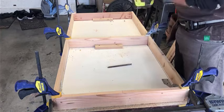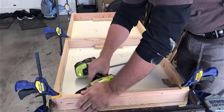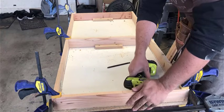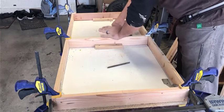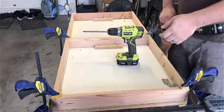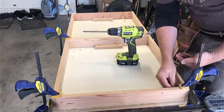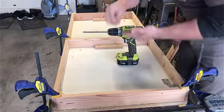Now, when you're pre-drilling, use a bit slightly smaller than the shank of your screw. I'm a little cheap, so 1 1/4 inch drywall screws work just fine for me. Always pre-drill. You don't ever want to drill a screw into raw wood. It basically just spreads out the wood and it's going to tear out. It's not going to work out well. So pre-drill with a small bit and come back with your Phillips and attach